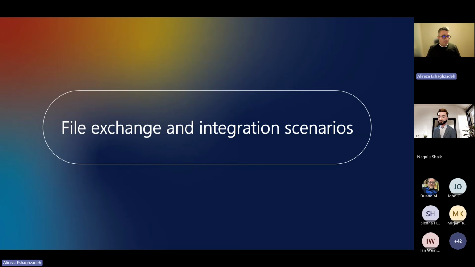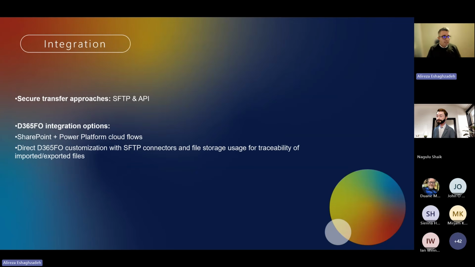As a last part, we have the file, we know how the file can be generated, and we know how we can import the file. The only thing left is how we can interoperate. What are the file exchange and integration scenarios in finance and operations? Basically, most banks use secure transfer approaches, which is SFTP, through a private key that they create. So you need to interoperate with SFTP